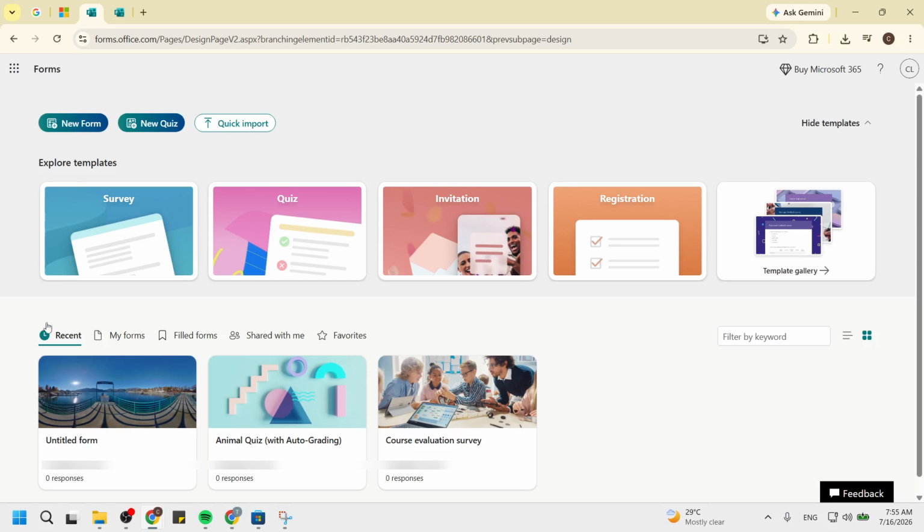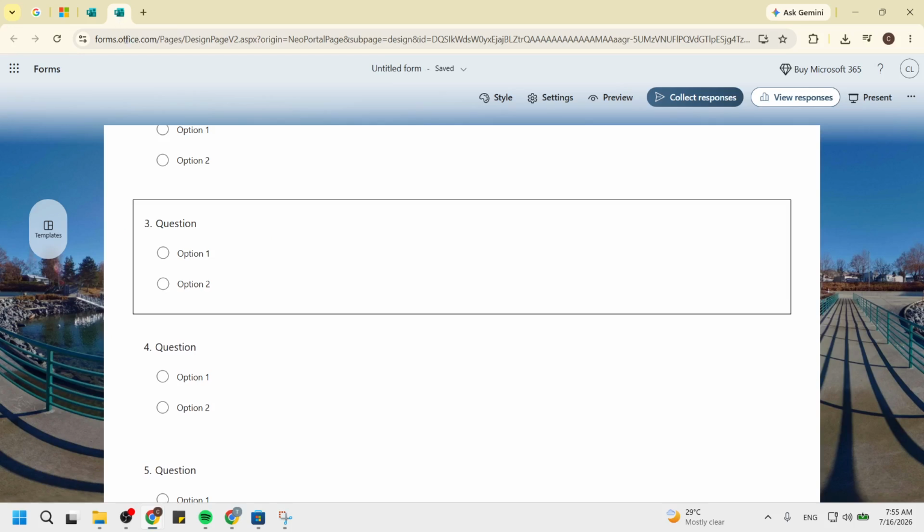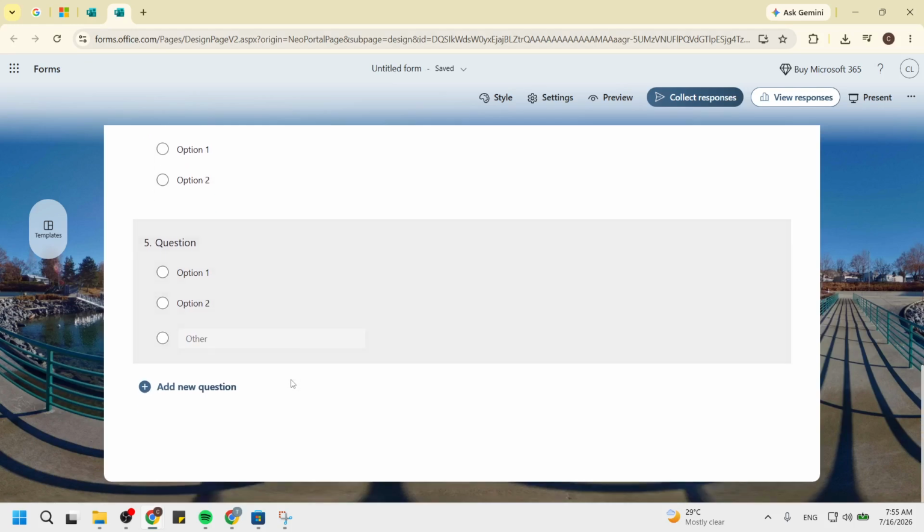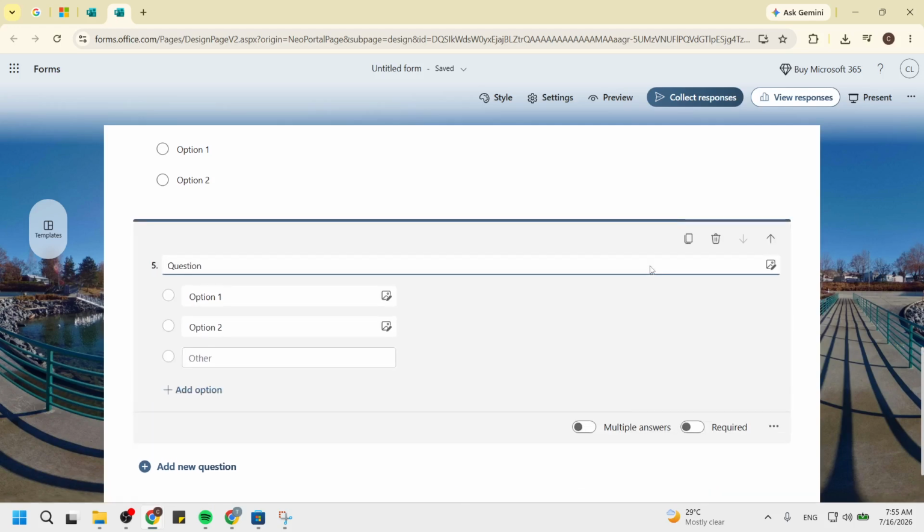Next up, click on your text question card. The text question card is where you will be able to add or change information related to your question. You will see various components of your form, and the text question card will be one of them. Selecting this card allows you to edit the specific question you want to work on. This step is essential because it puts you in the right place to clarify instructions for your respondents.